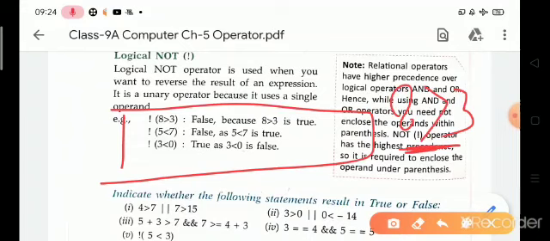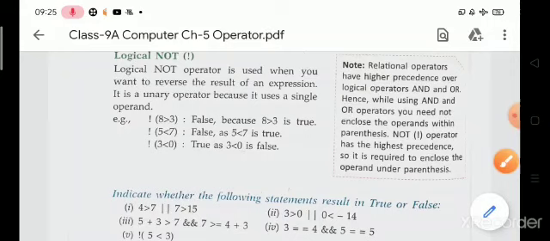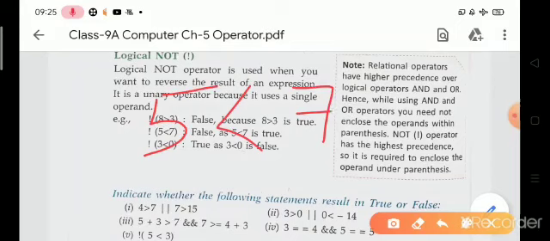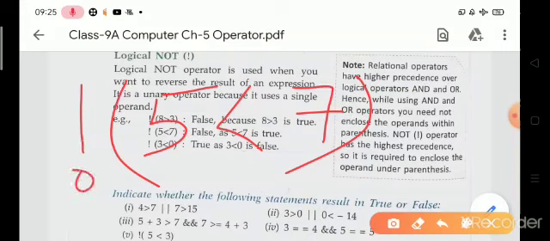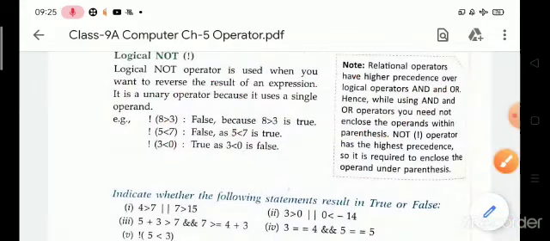The condition is true, but when we use the NOT operator here, then condition will be false. Similarly for 5 is less than 7, this condition is true, but when we use NOT operator here, then condition will be false. Children, so logical NOT operator is basically used when we want to reverse the result of any expression.